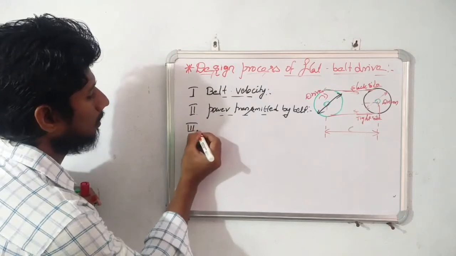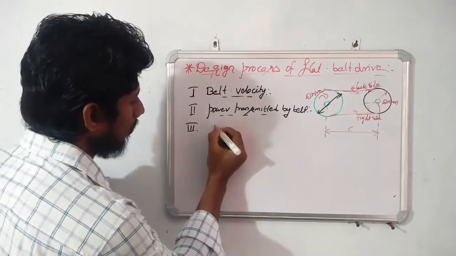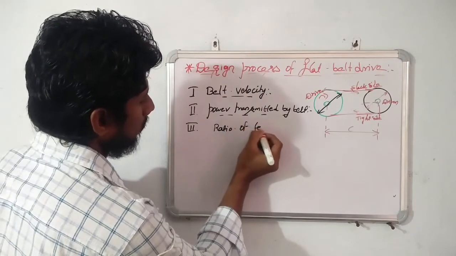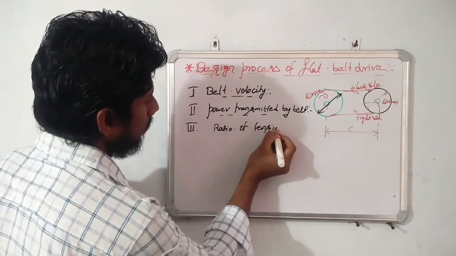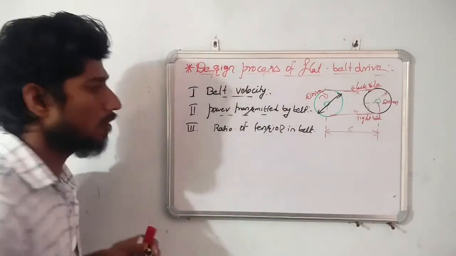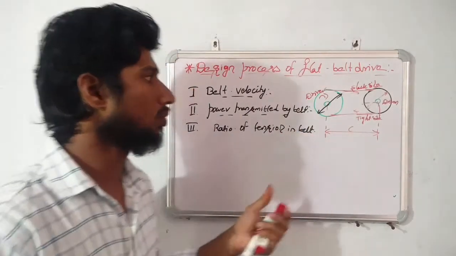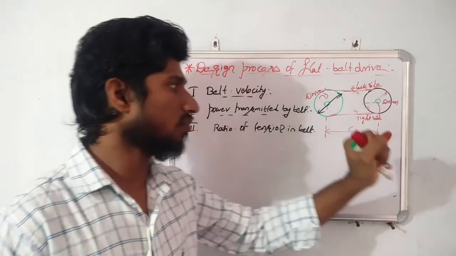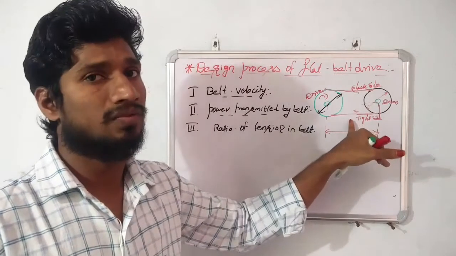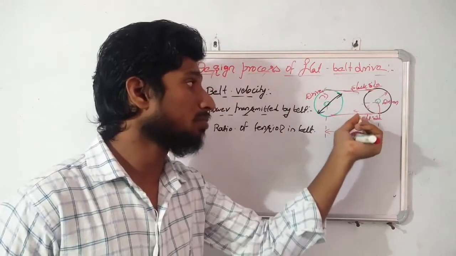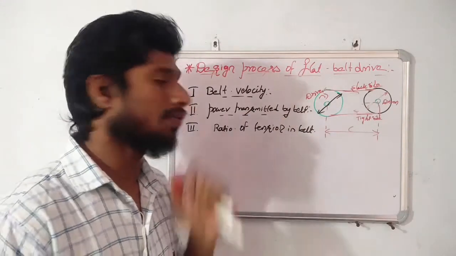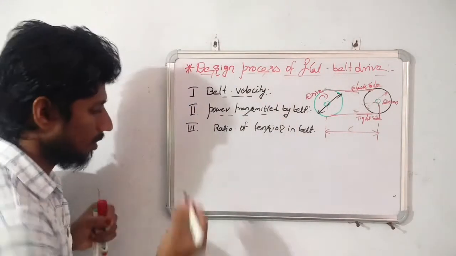And after that, third one is the ratio of the tensions in the belt. So we know here we have two sides of the belt. One is the slack side of the belt and another one is the tight side of the belt. So what is the tension between the tight side as well as the slack side? That ratio here we consider. And after that,